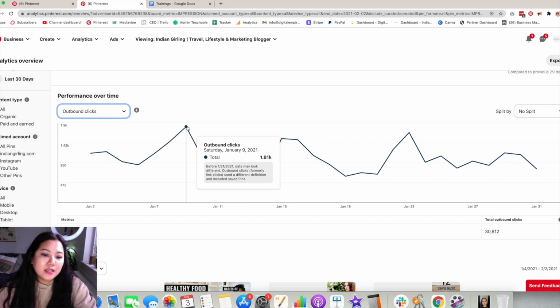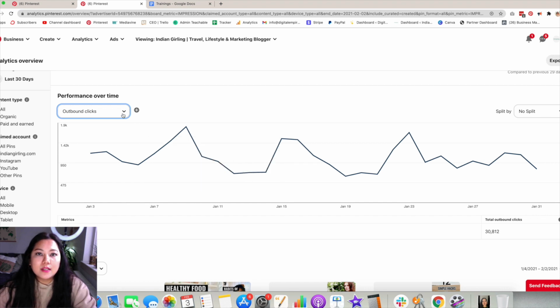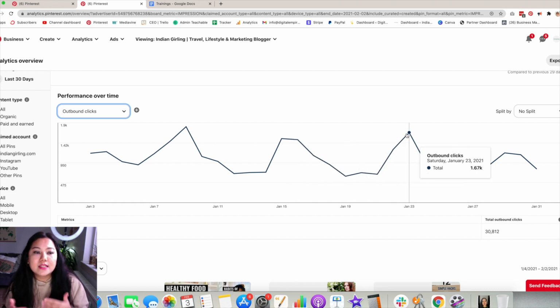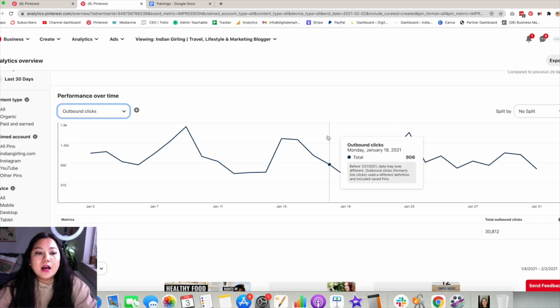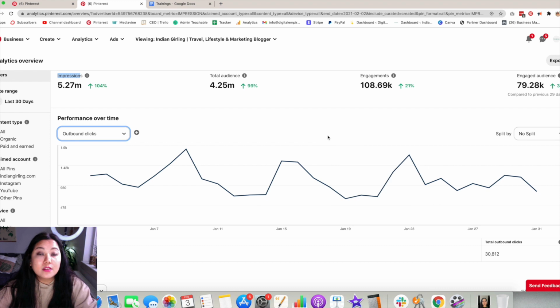So the most interesting feature here is definitely outbound clicks, because that tells you whether or not your traffic strategy is working, which days you have the most traffic, which days you don't have the most traffic, and what the differences are in how many people are clicking through to your pins. So you can really test that out and see what's working for your account and what's not working for your account. The last feature that I want to share with you is all about alt text.